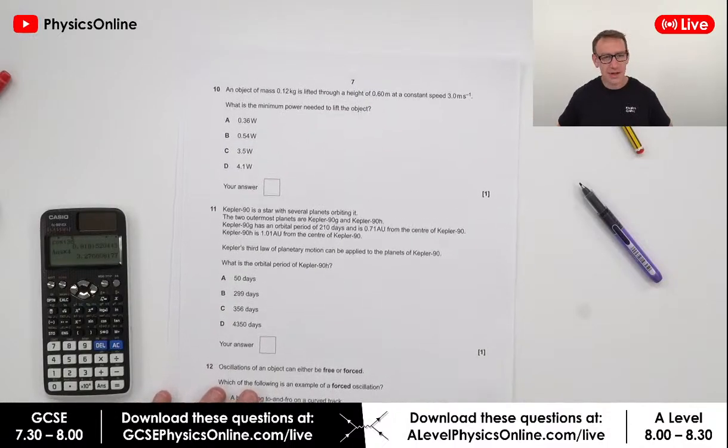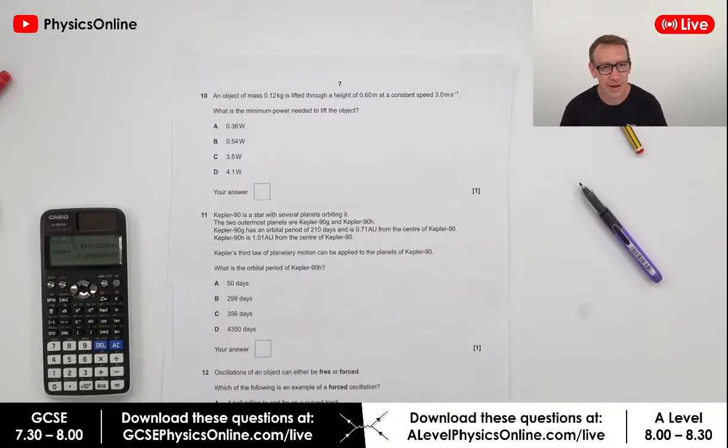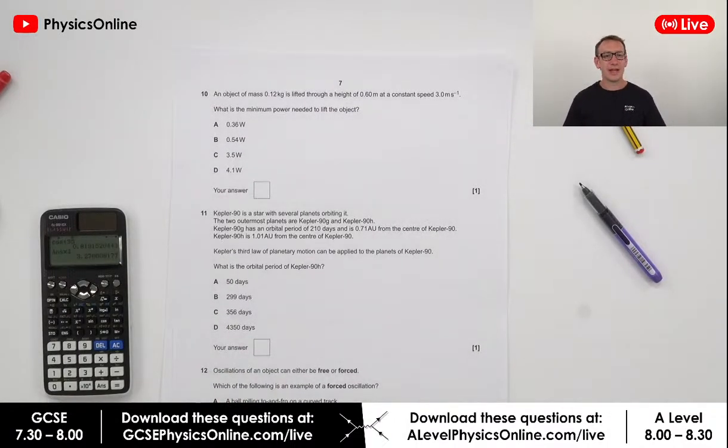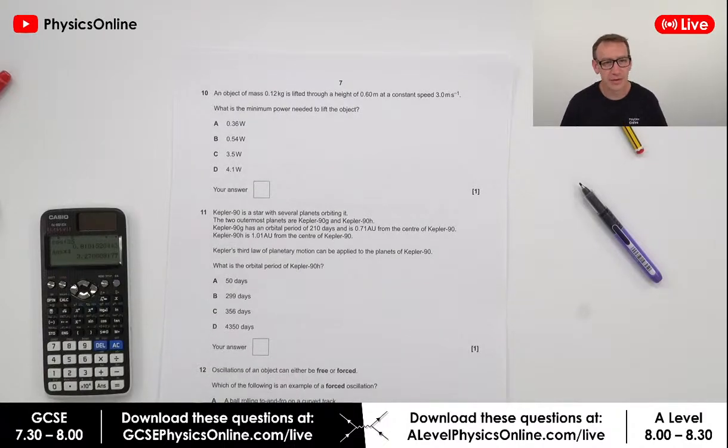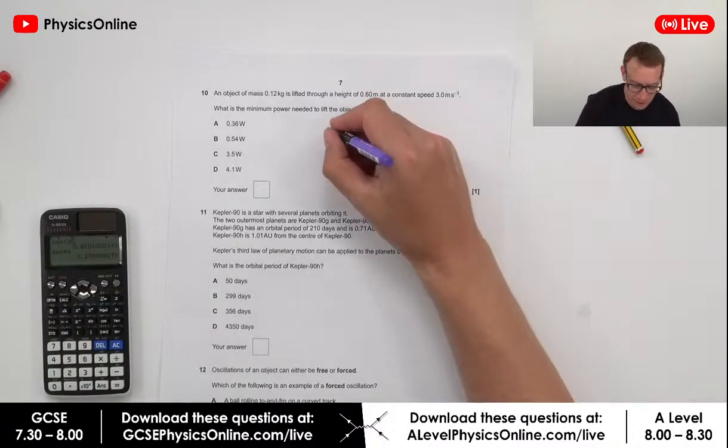Okay, so an object of mass 0.12 kilograms is lifted through a height of 0.6 of a meter at a constant speed of 3 meters per second. What is the minimum power needed to lift the object? So I would say for this, there are a number of ways of approaching it. One way to do it could be to say that